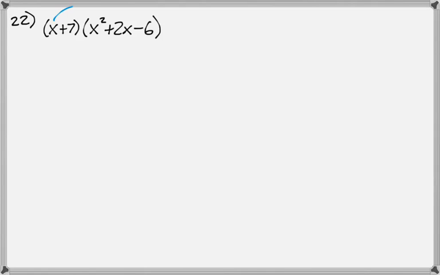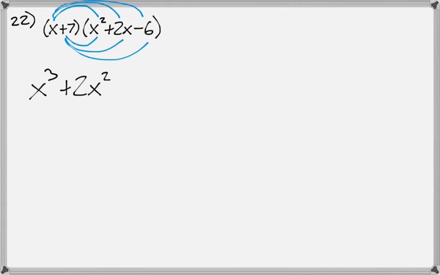So I need to multiply the x by all three of these. Then I need to multiply the 7 by all three of these, and then I need to combine like terms. So the x multiplied by all three is going to be x cubed, then plus 2x squared, then minus 6x. The 7,